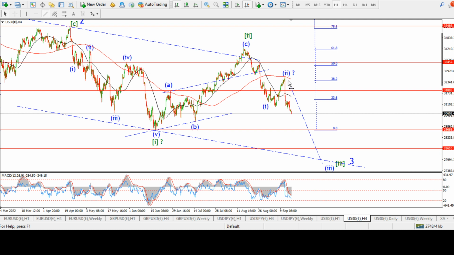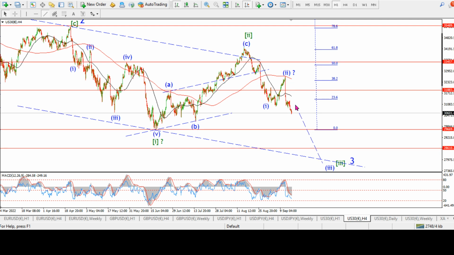I would caution. How do I word this without putting myself in a bind? I think if we do break to new lows, that may well set off a barrage of technical selling, just because it was the extreme low before that rally over the summertime. That was the extreme low we reached back in early June. So that obviously is built into a lot of programs, and if that low breaks, then I think we could be switching